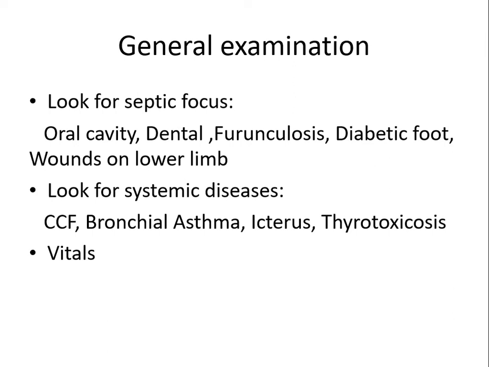After past history, you will have personal history. Previously, when I was a student like you, my professor used to give a lot of importance to personal history, whether the patient is having any constipation or prostate problems. Most of our cataract patients will be 70 plus, and they will have an enlarged prostate and difficulty in initiating urine. So they have to exert more pressure in the abdomen, and this increased intra-abdominal pressure will be transmitted to the intraocular pressure, and the patient will have problems during the postoperative period.